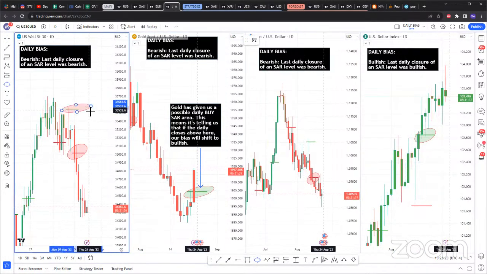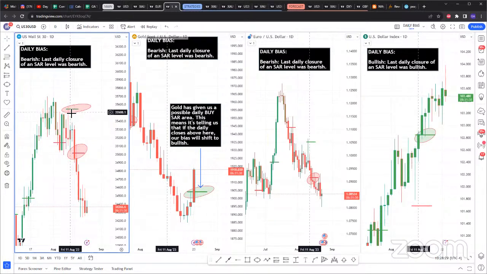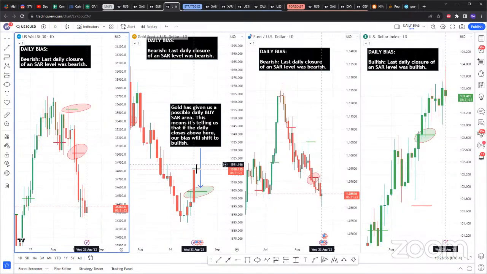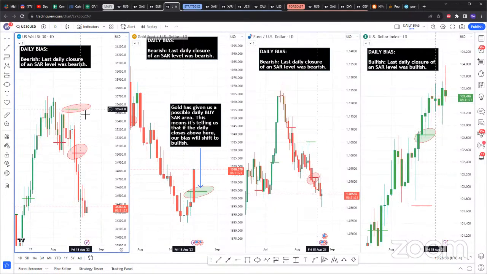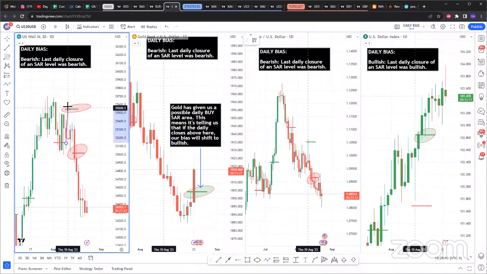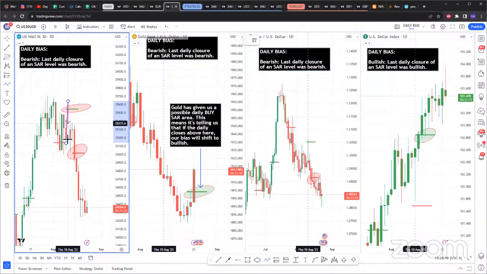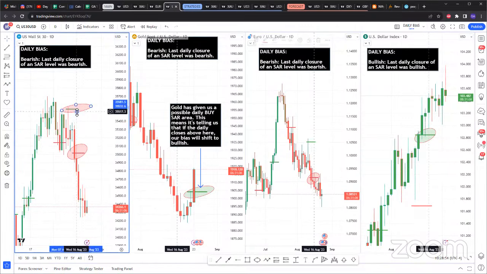See what US30 did here? Even at this moment, in and around when we deployed the SAR strategy, US30 at some point was above its buy SAR. Of course, it wasn't heavily above, but you see what happened with this candle right here? It was a bullish candle at the daily at some point, not as bullish as what gold is doing right now, but closed heavily as a bearish candle.